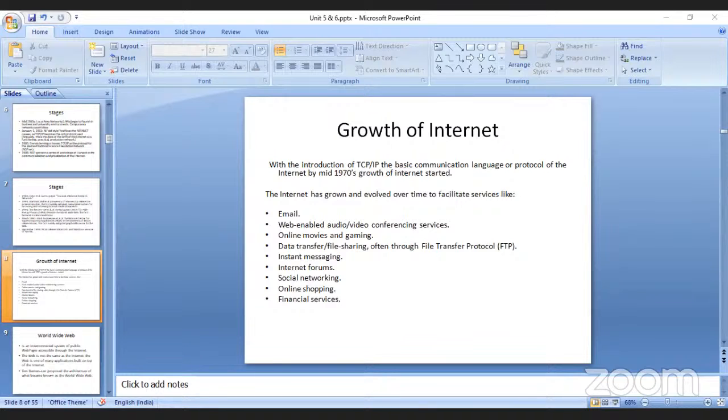Initially, if you had to share data, we used to send huge books to different universities via post. But thanks to the internet, books with 300, 400 pages can be shared easily. The data can be transferred quickly, within no time, whatever data you want, and you can share the information. Instant messaging. Within a click of a second, the messaging happens. Within no time, the messages can be sent.